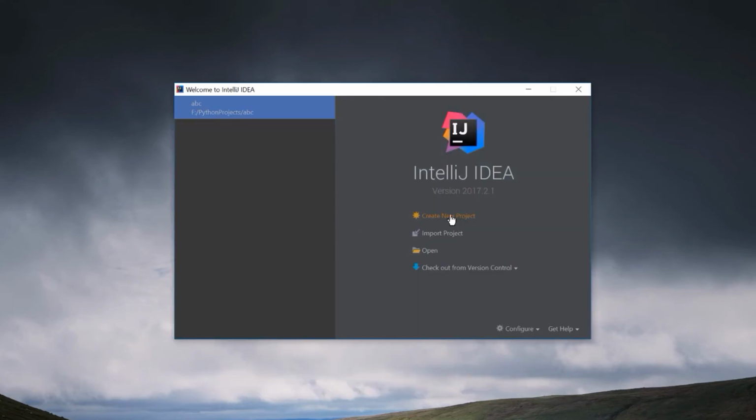Okay, now it's time to link the Python interpreter to IntelliJ IDEA, and this time I assume that you have already downloaded Python from python.org. Otherwise it is meaningless to proceed further. Okay, let's create a project,